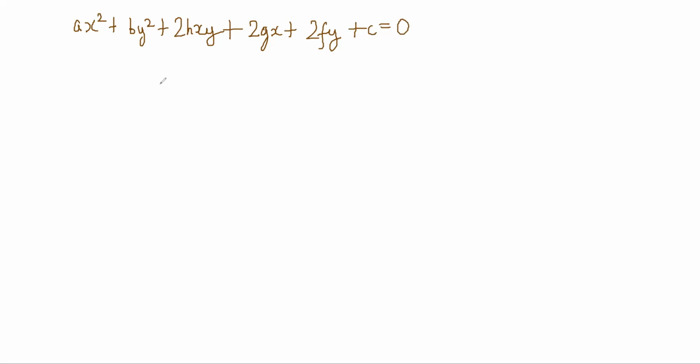So let's look at this equation: ax square plus by square plus 2hxy plus 2gx plus 2fy plus c is equal to 0. Now, to try to understand this equation, I can set it up as a quadratic in either x or y. It can be framed as a quadratic in x or a quadratic in y, because it is a 2-degree curve in both x and y. So I will first do it as a quadratic in y. That choice is up to you.